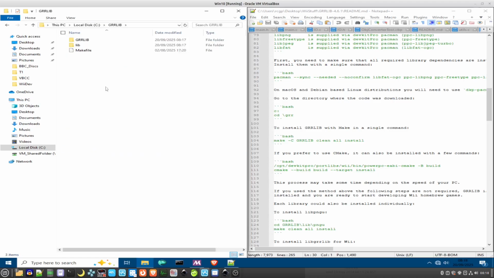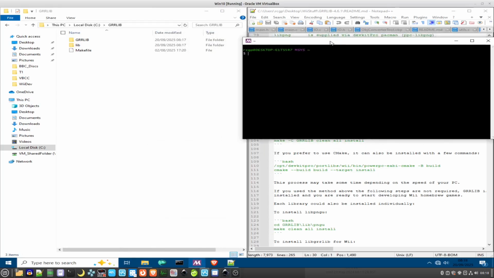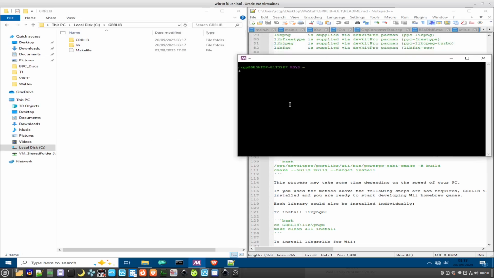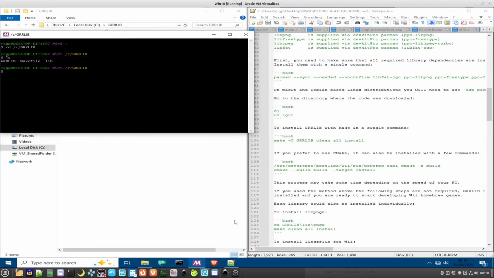So now what we need to do is navigate to the GRRLIB folder in MSYS2, as we need to build this now. So go for cd /c/grrlib, and if you type ls, that will list it there. Now if you side by side these a moment,